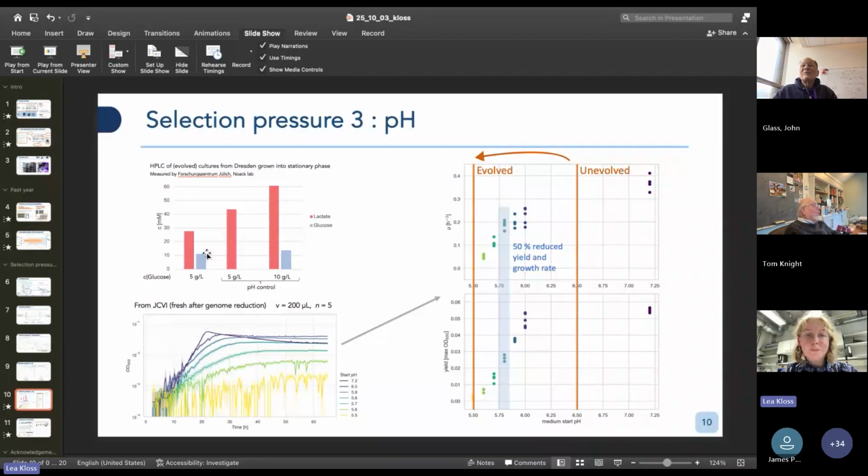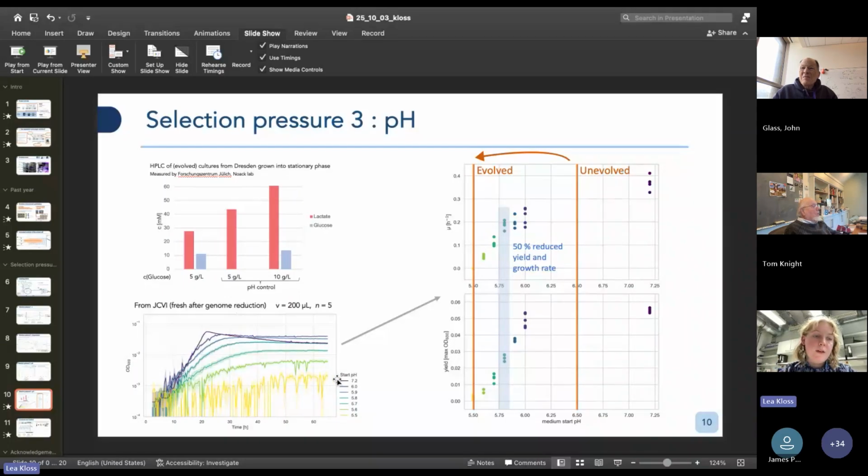And on the other hand, if we put them in a bioreactor, but we add an additional NaOH feed, so the pH stays constant, all of the glucose can be consumed and a higher yield in theory could be achieved. So we know that the cells are definitely stressed by the pH in stationary phase. And then I also did some